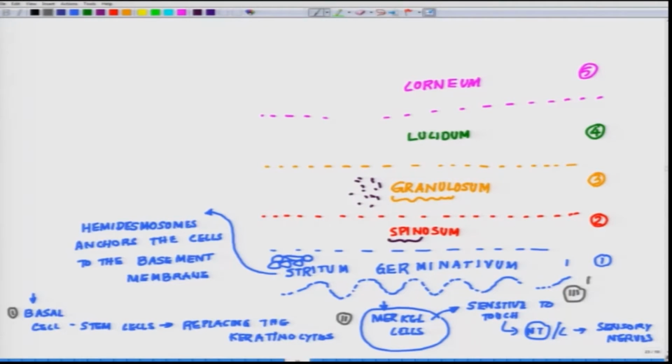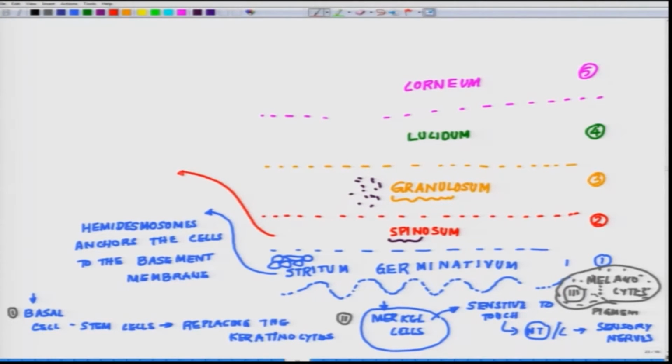In other words, the pigment cell or melanocytes. It is these melanocytes which give all that dark coloration that is there in the skin, okay, or these are the pigment cells. For the time being, this is what you have to understand about stratum germinativum. Now, next we will go to